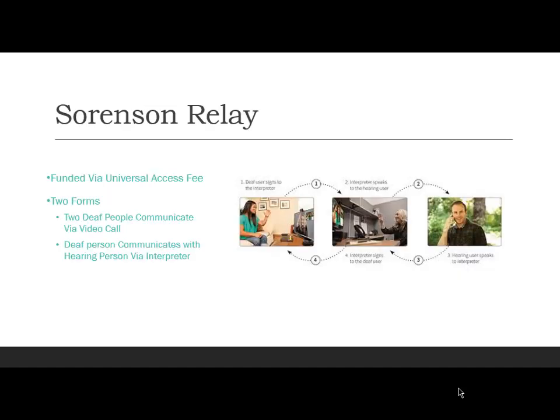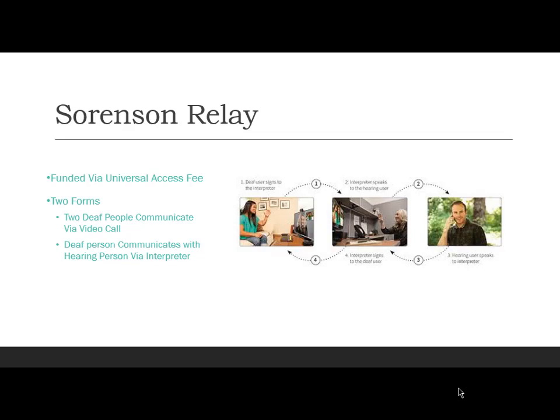The next thing that I want to talk about is Sorensen relays. And the Sorensen relay can really take two forms for a person that's deaf or hard of hearing. First of all, if you take a look at your phone bill sometime, you're going to see a universal access fee. That's the money that helps fund the Sorensen company and enables them to provide this service free